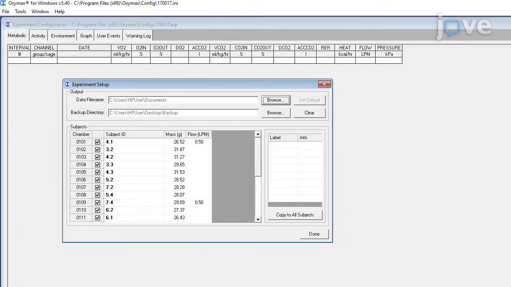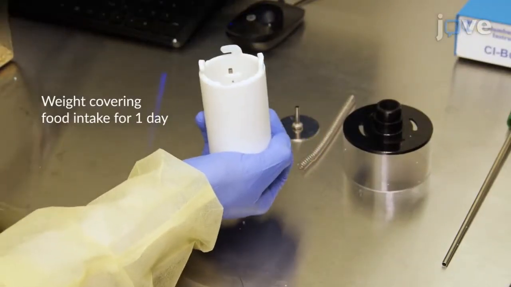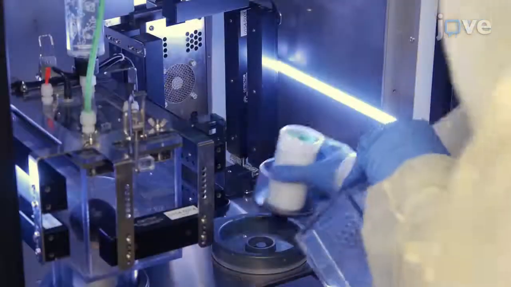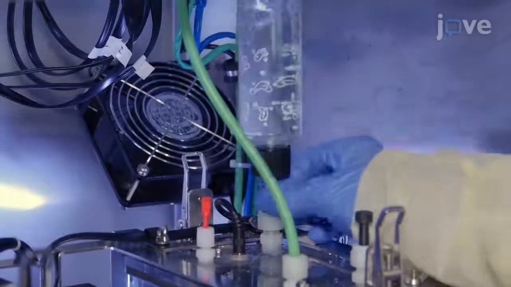Then click on Experiment, followed by Setup, to open the Experiment Setup window, where the parameters of each metabolic cage are defined. Next, add a pre-weighed amount of food to the feeders in the metabolic cages housing 8-week-old female mice. Also, place the water bottles and check that the bottles are